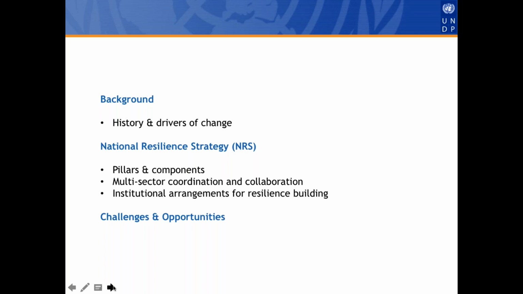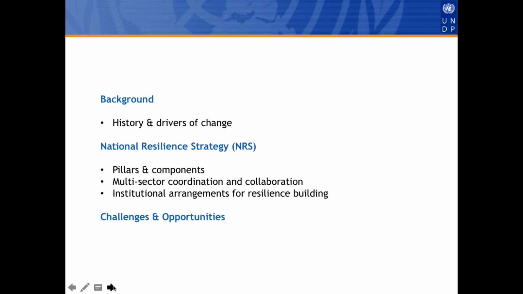But at the same time, it was also recognized that there's a lot of investment that was taking place, and the government was beginning to question the productivity and the opportunity costs of having a large humanitarian caseload year in, year out, and what that was doing to what the government characterized as more productive investment. So what I'm proposing to talk about are some of the drivers that precipitated this conversation, but also to give an overview of the